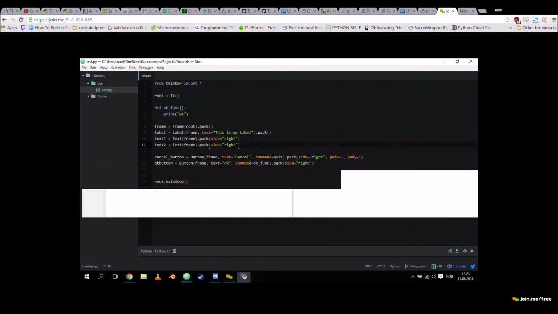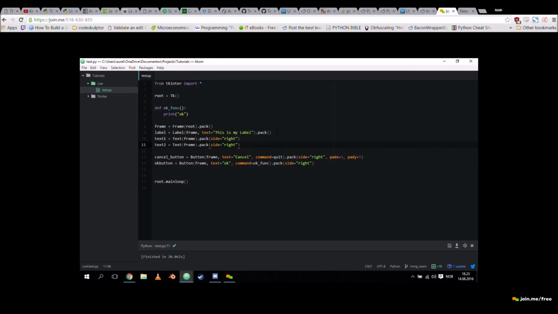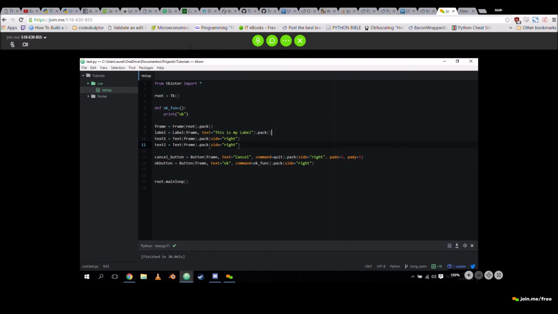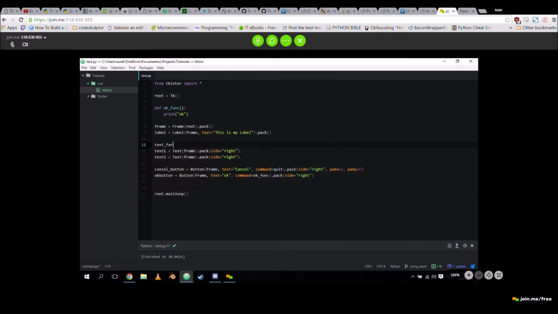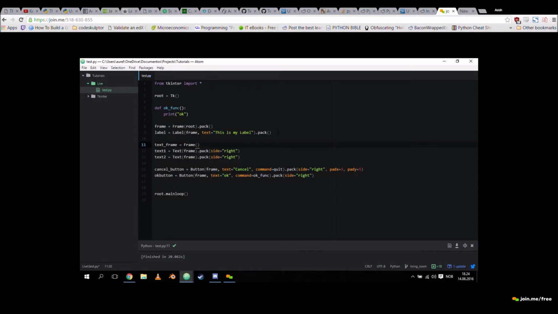So we're going to create a frame for, I think we're going to leave the label in the top frame, but we're going to create a text in its own. So that's a frame in frame. And we're going to add a fill command that says X. So this frame will attempt to fill things along the X axis, not the Y axis, which is the default.